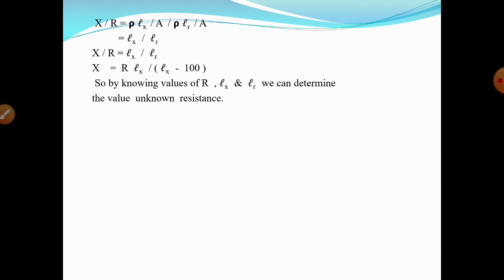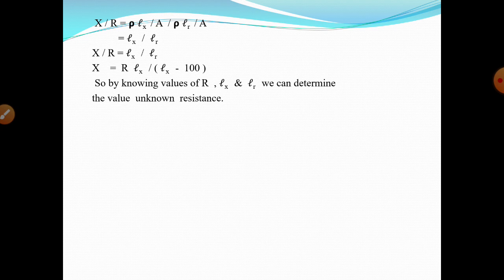While doing experiments related to the meter bridge, there are some probable errors. If the wire is not uniform, then its resistance will not be proportional to its length, so there will be an error in the value of the unknown resistance. Second, at the ends A and B of the wire where metal strips are connected, contact resistances are also developed. And the third probable error is that the ends of the wire may not coincide with the 0 and 100 centimeter marks on the meter scale.